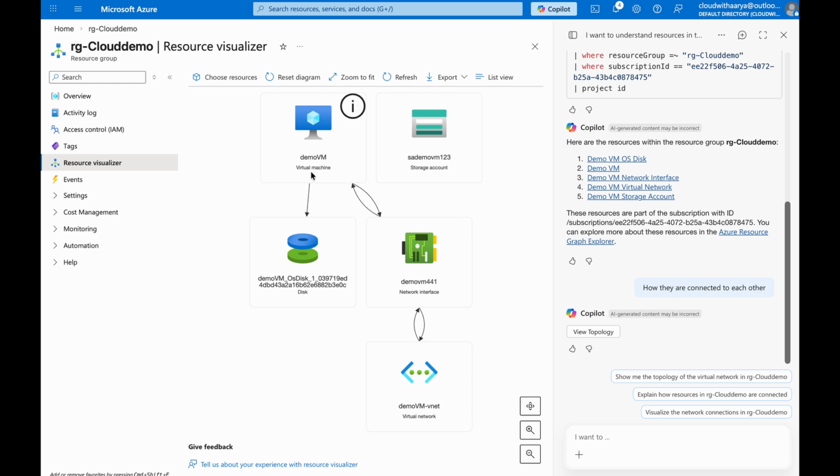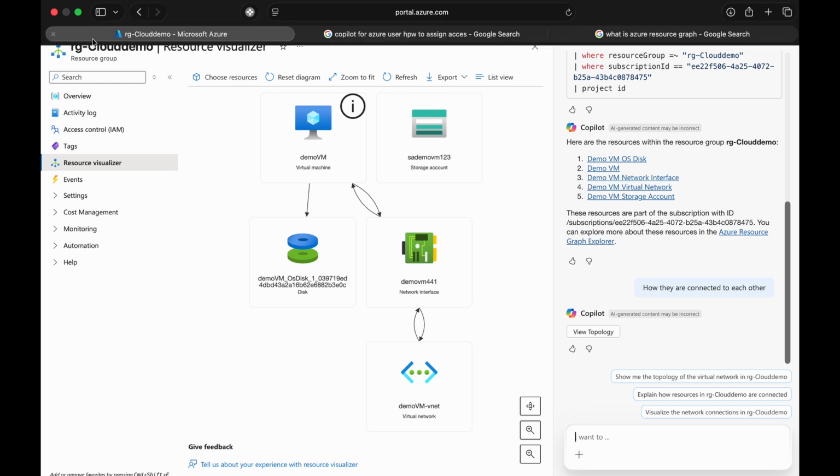So you can see here, right, whatever answers it is giving, we can also simply go to that resource group and try to understand ourselves also, instead of just querying and then finding the answers. So that is the point. Right now the Copilot does give the answer, but it's not very good as of now. Let's try to understand